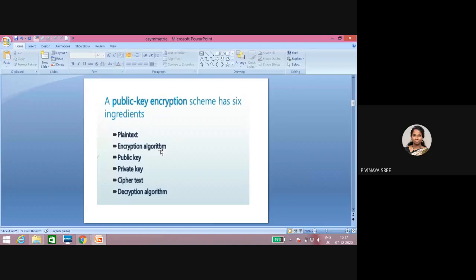Listen here, there is one difference between encryption algorithms in symmetric and asymmetric. In symmetric, we use transpositions and substitutions for the encryption process, whereas in asymmetric, we use complicated mathematical problems to encrypt. So that is the encryption algorithm and public key. In public key encryption, the public key is shared, broadcasted to everyone, and the private key is secured. The main concentration in asymmetric is that the private key has to be secured. Next is ciphertext. Given a plain text, after the encryption algorithm, you will generate a ciphertext. Decryption algorithm means you have to decrypt with either one of the keys.